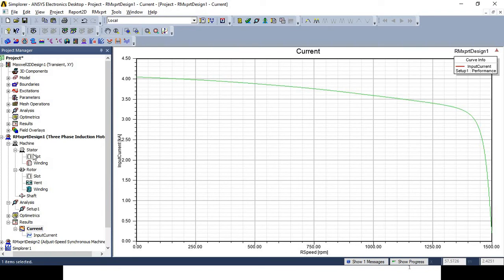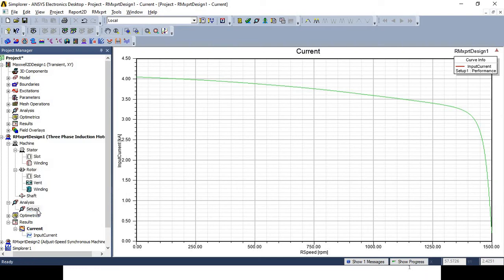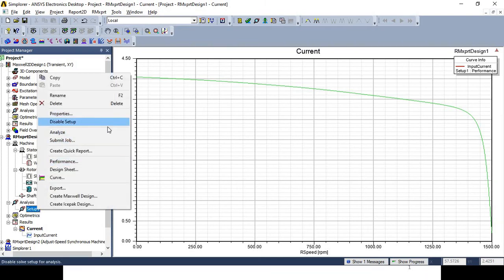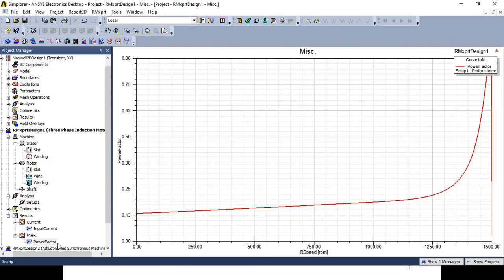Similarly, another option in the quick report is miscellaneous information. In this case, miscellaneous means you will get the idea about the power factor. See, the graph of the power factor with respect to the speed is available.